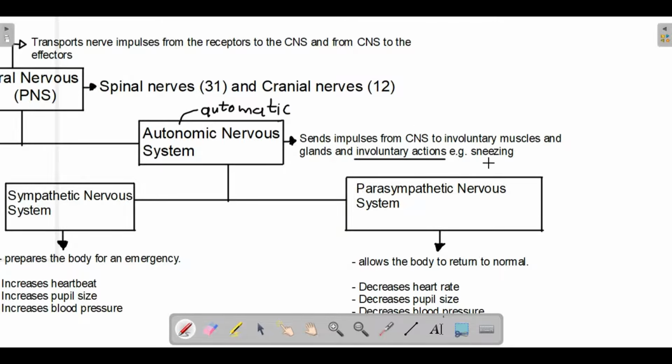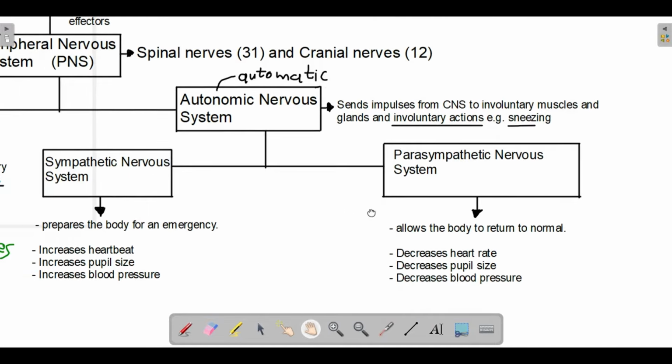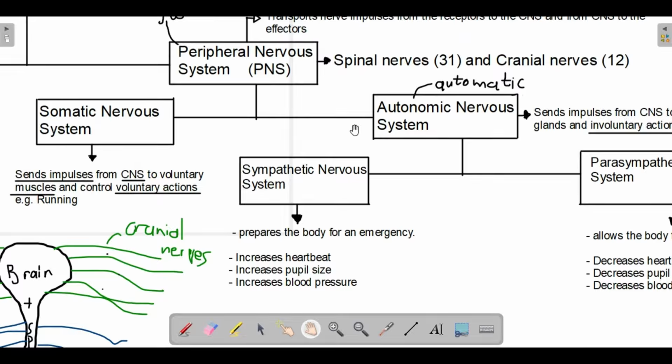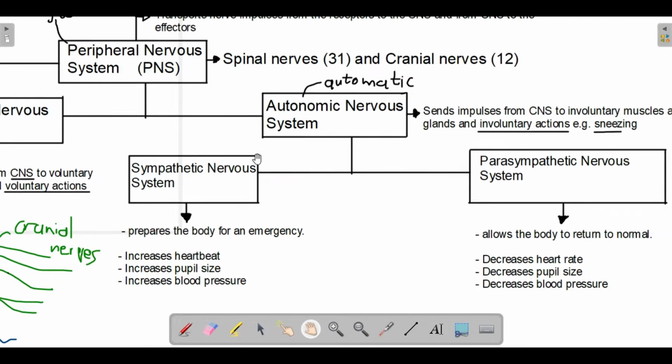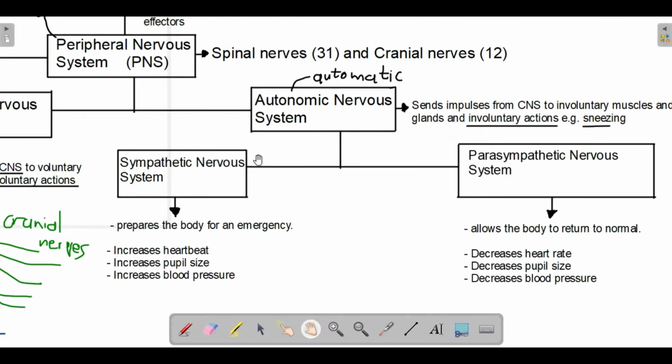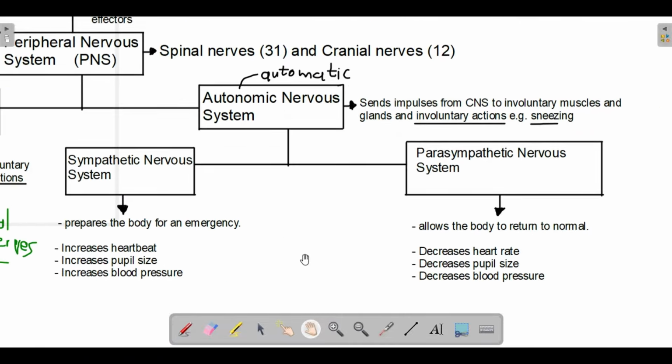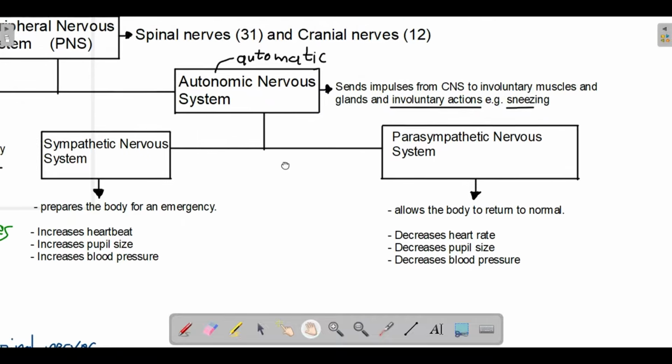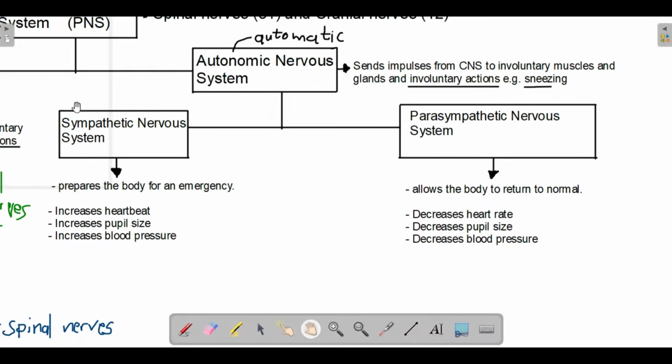Okay, so involuntary actions such as sneezing, blinking of the eyes, heart rate, and so on. Again, guys, walk with me here. The peripheral nervous system is divided into the somatic and autonomic nervous system. Somatic controls voluntary actions, and autonomic controls involuntary actions, right? And the autonomic nervous system is further divided into the sympathetic nervous system and parasympathetic nervous system. Because both of these are part of the autonomic nervous system, that means both of them control involuntary actions,